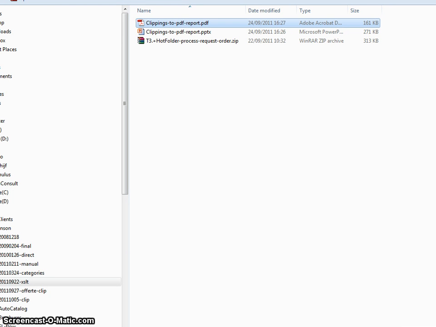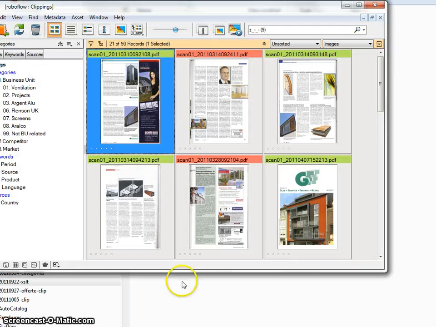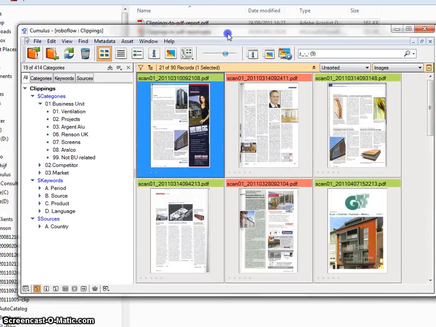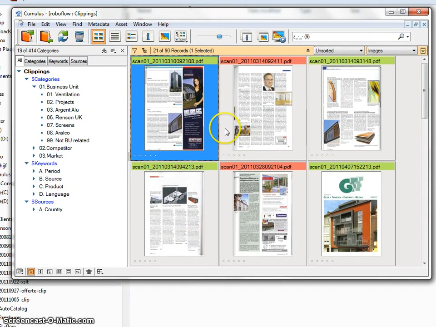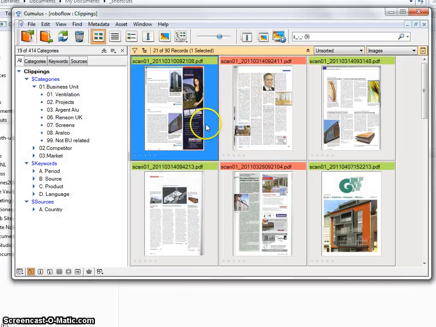Let's start with the Cumulus catalog. So as I said, the customer has catalogs, and one of the catalogs is a clippings catalog. He made a category tree containing business unit, competitors, market, period, source, product, language, country. Several categories that he is